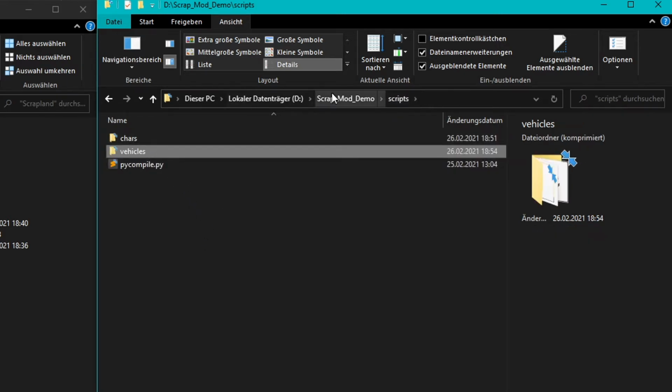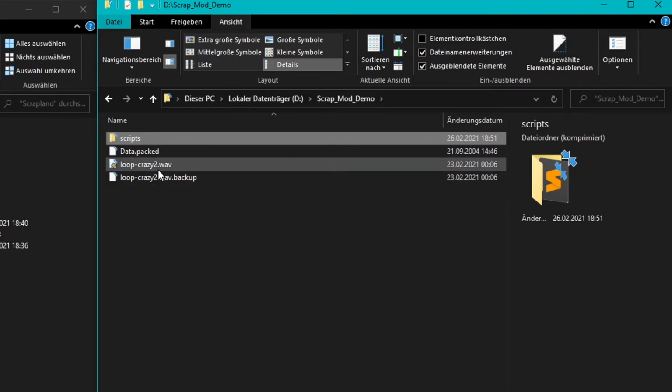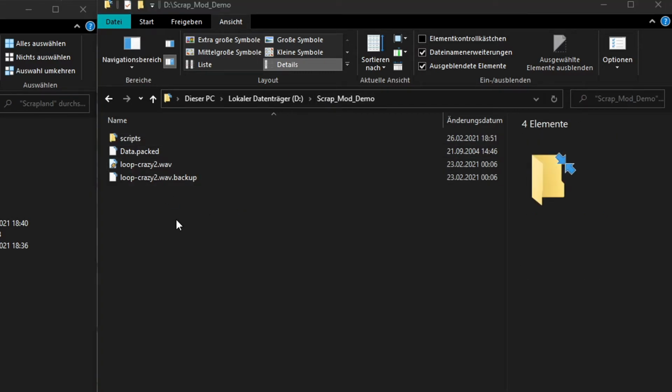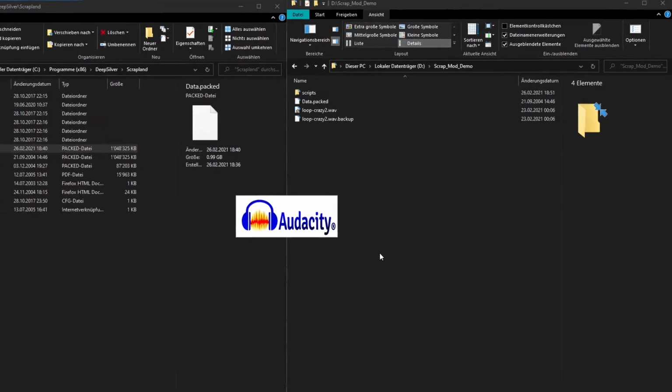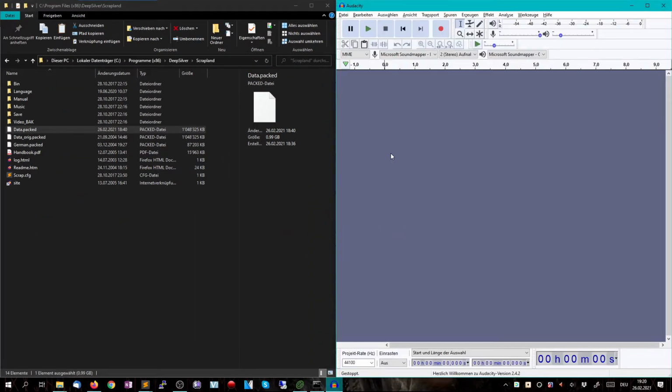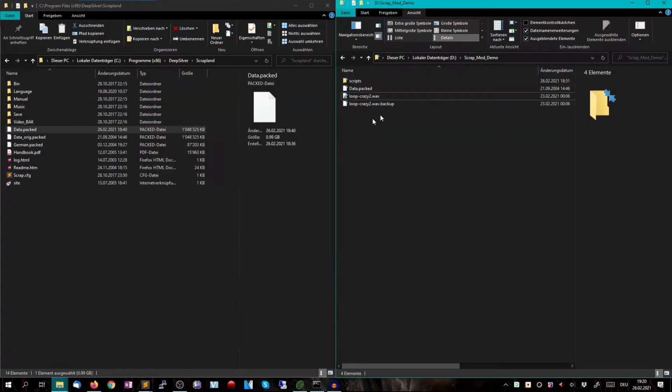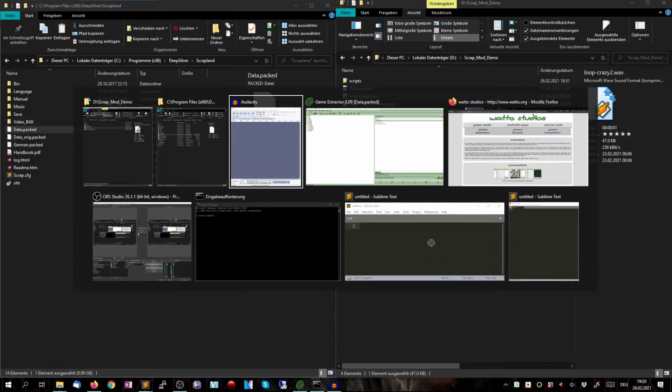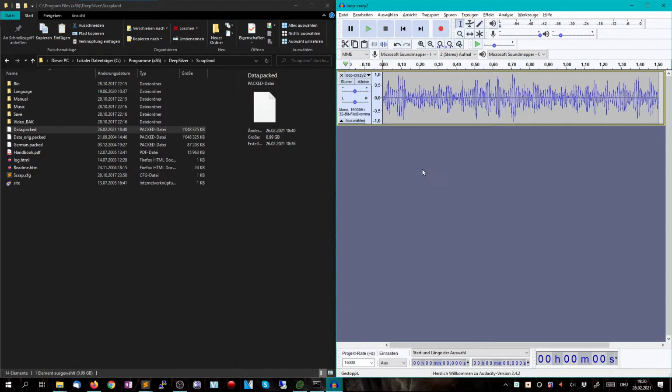So if we start with the WAV file, this we can modify quite easily with a normal audio tool. We just need to make sure to keep, with every file, its size as is. So if we copy this here and have a listen, this is some background noise that you can hear when being near the crazy gambler. If we make some noise,